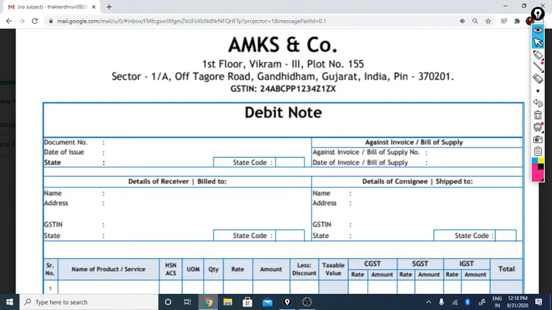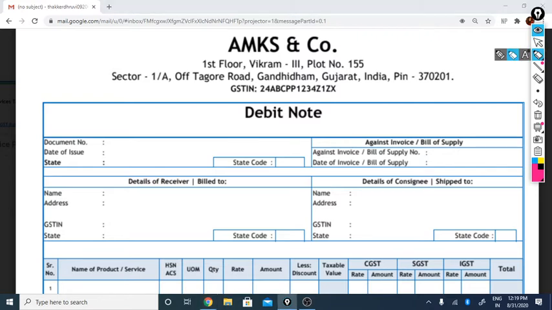In this video, we'll learn the important components for a debit and credit note to be passed. Now again, debit and credit note has no specified format. However, these components are essential for debit or credit note to be passed. So you can have any format, but these components should be present.